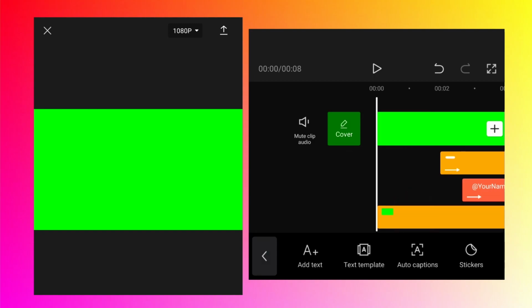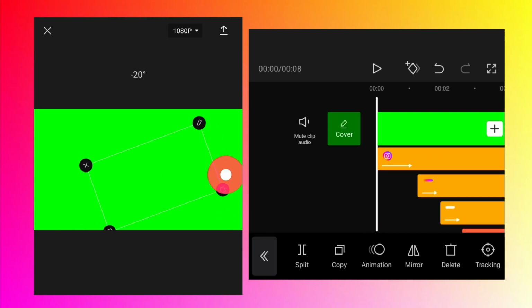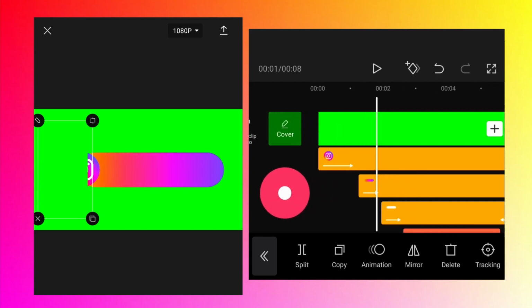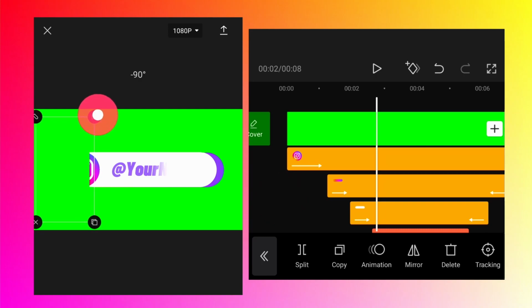As the layer is selected, let's try to resize it first, then rotate it till it's vertical, 90 degrees. Drag it to the left hand side and just move the timeline till we see everything, because we want to see what we are doing. So just resize it again, but currently it's over the Instagram logo. So to bring the Instagram on top of this green layer, you just need to tap on the Instagram,